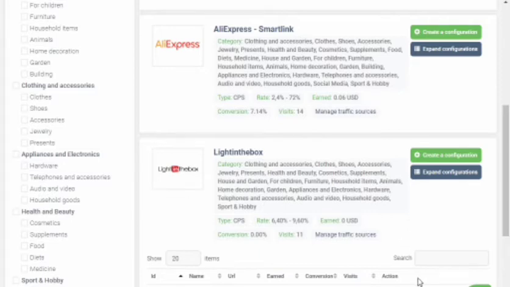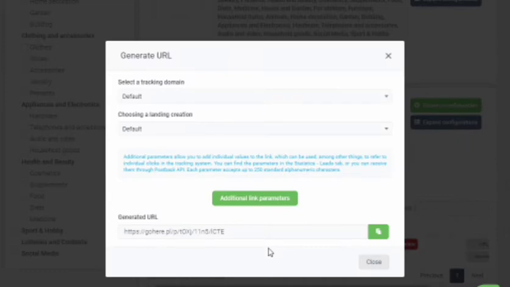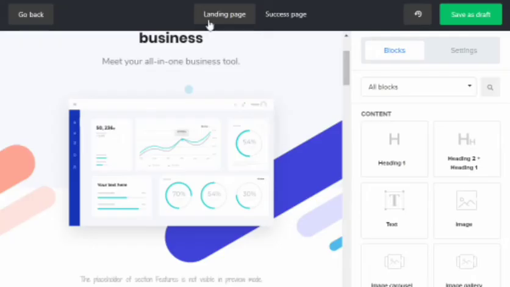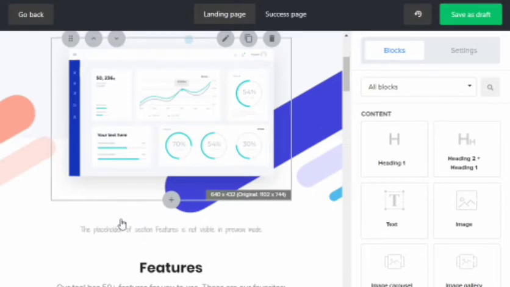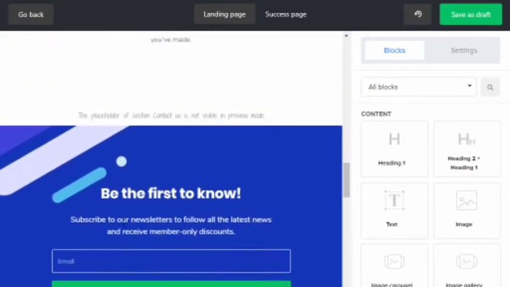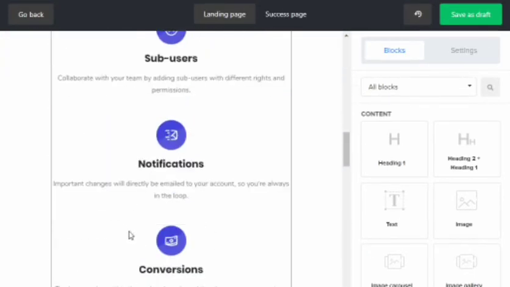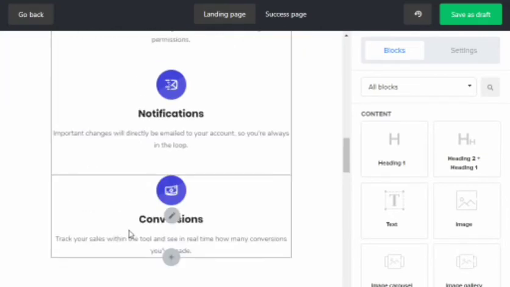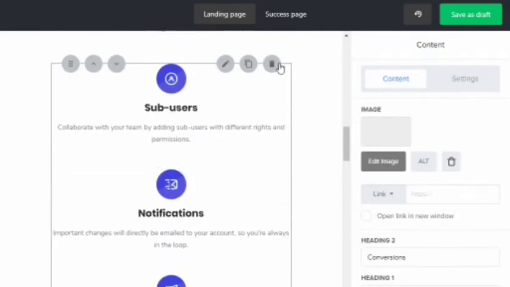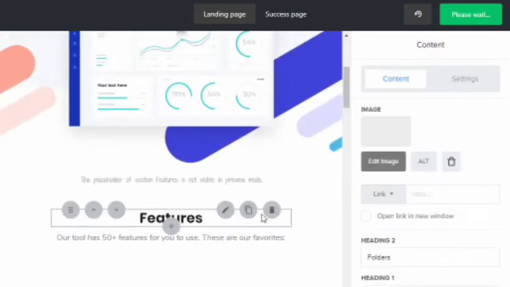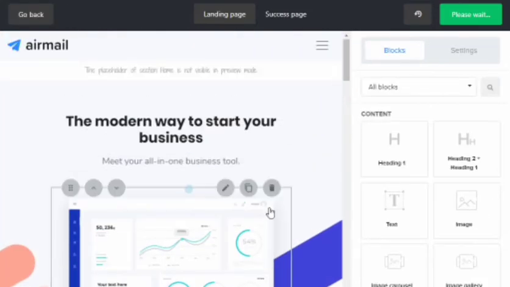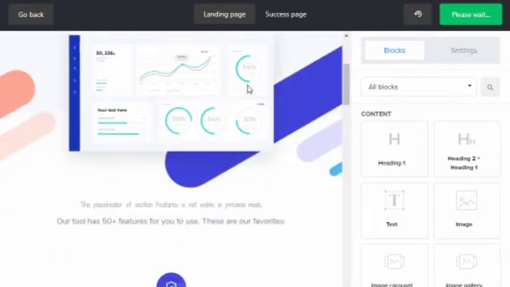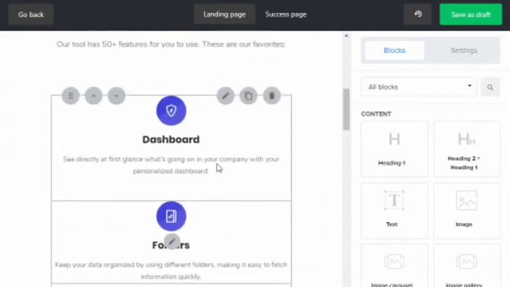So I'll be getting my affiliate link now. I'll be copying it. This is from mylead.com. This is one affiliate marketing website. So I'll be copying my affiliate link and I'll be using it in this landing page. You can edit it however you want, you can change it, you can add whatever you want. It's just pick and drop, that's it. So it's so simple and so easy to make.